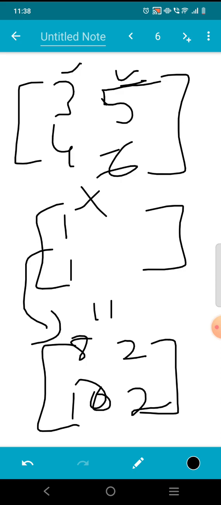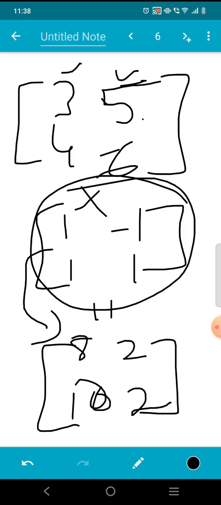Now here I have again done it. I have just subtracted the first column from the second column. I have taken minus the first column, minus 3 and 4, and added it to the second column. So the resultant output will be this. We are able to find this.